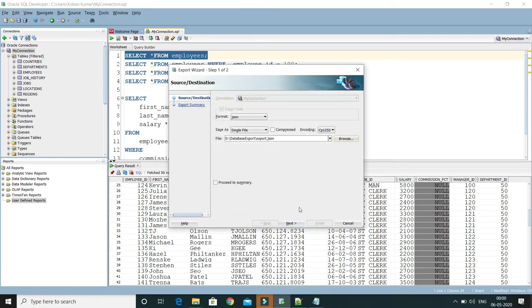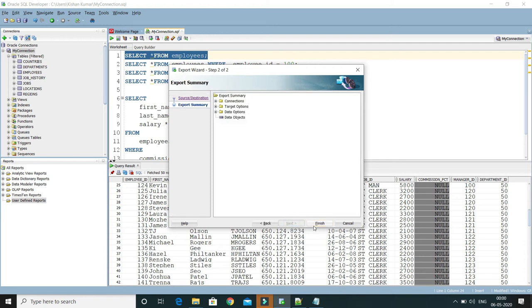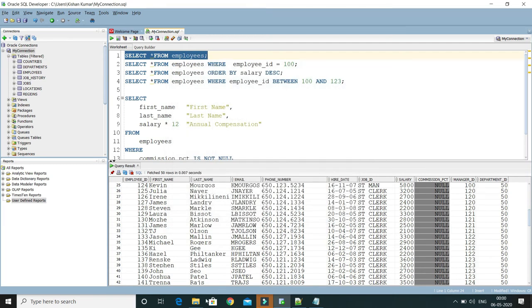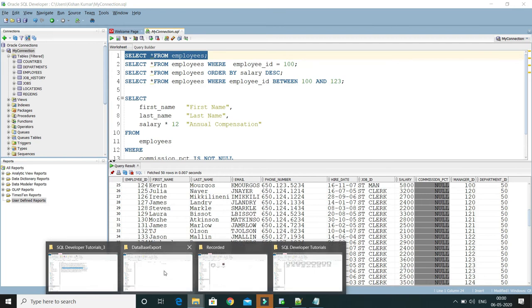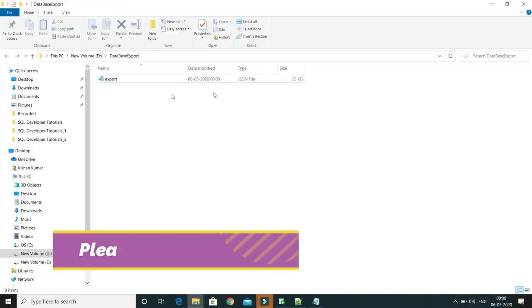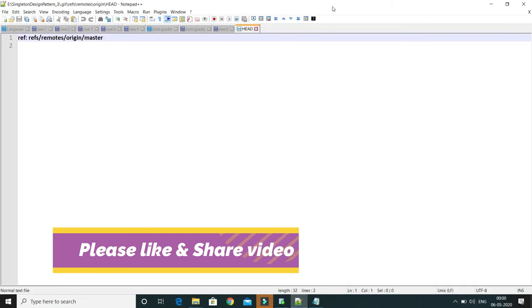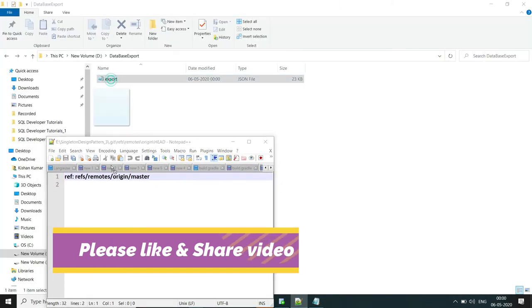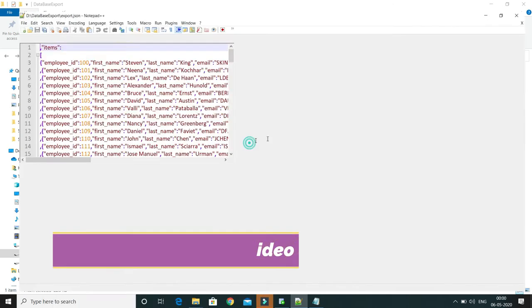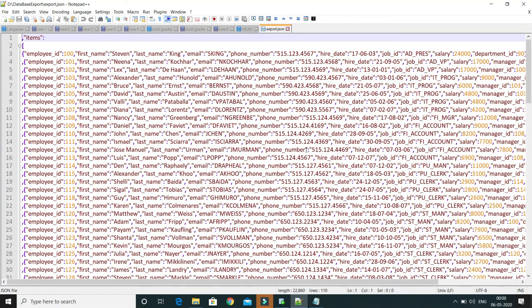Of course, this file name you can change, but I'm just keeping it as export.json. After that you will have to click on Next, right, and then Finish, and you are done. If you go to this location, you can see one file with 23 KB size. If I open this file in Notepad++, you could see all the data has been exported in the form